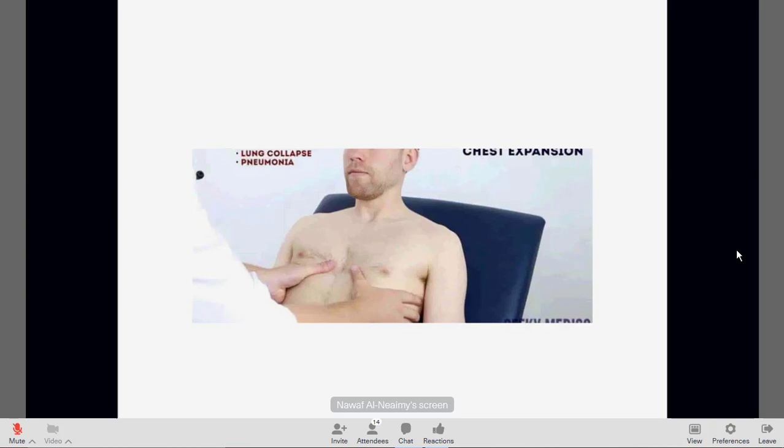When I measure the distance between the two thumbs, it represents the expansion of the chest. As in inspection, where you focused on symmetrical movement, here too I need to focus on whether it is a symmetrical expansion or not. As the patient takes a breath, I can see which one of my hands is moving more than the other,